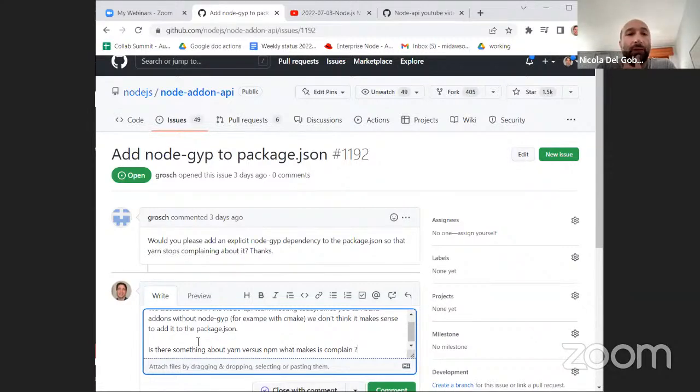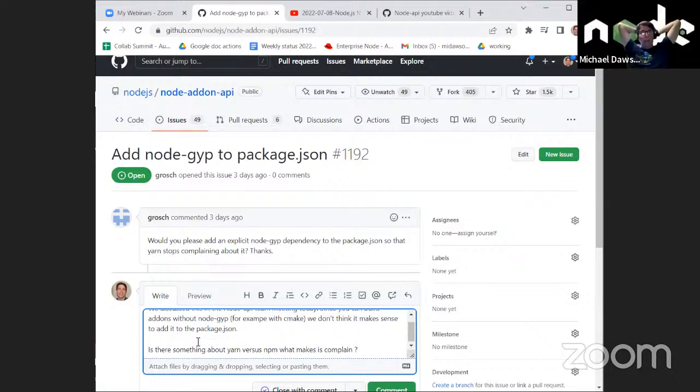Node.js if you start the test. But if you use the Node.js API to build your native add-on, you should choose your builder, so Node.js or CMake or whatever, and then only include.